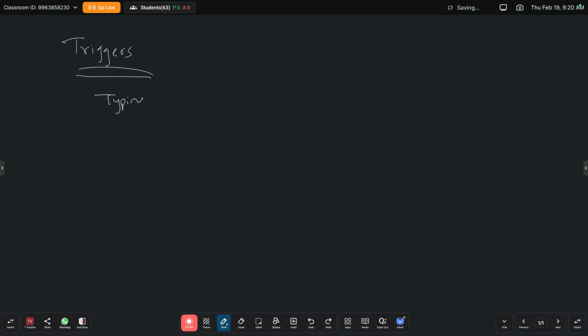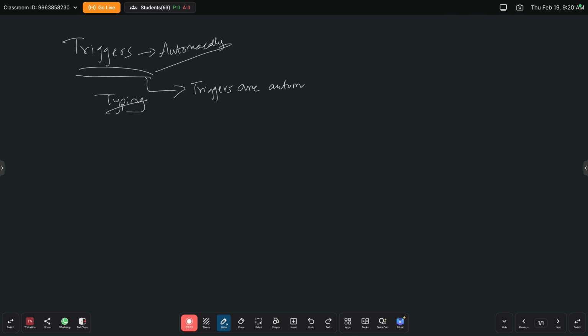Okay. So what is the use of triggers is, if you want to perform all those actions automatically, then we are using triggers. So if you want to insert records or insert some values, if you want to update or delete any table values, then you will use triggers. Okay. So what is the actual definition of trigger is, first note down the definition, then I'll tell you with an example and a syntax.